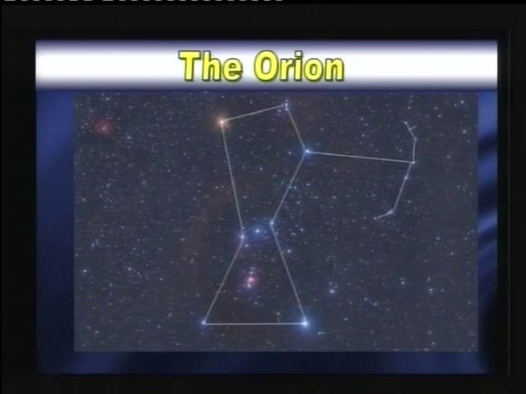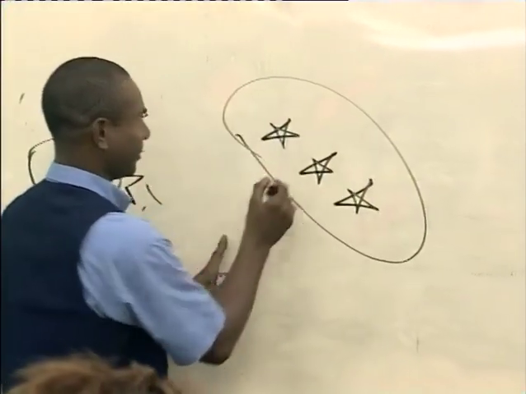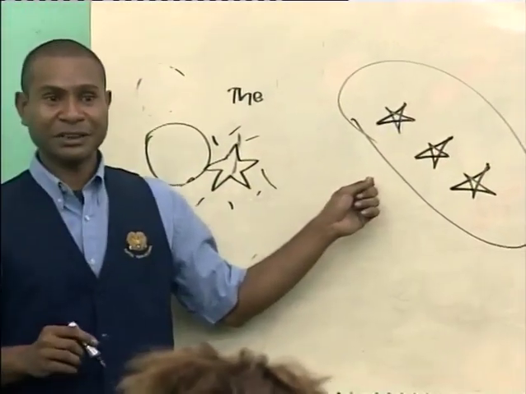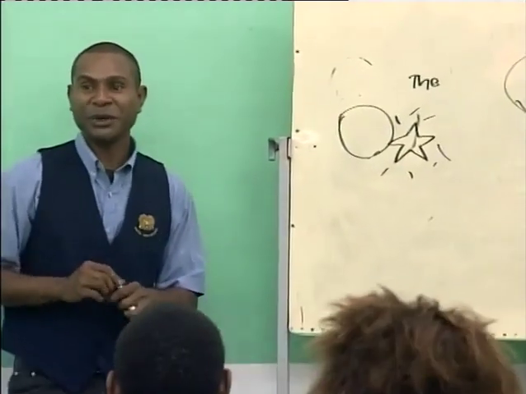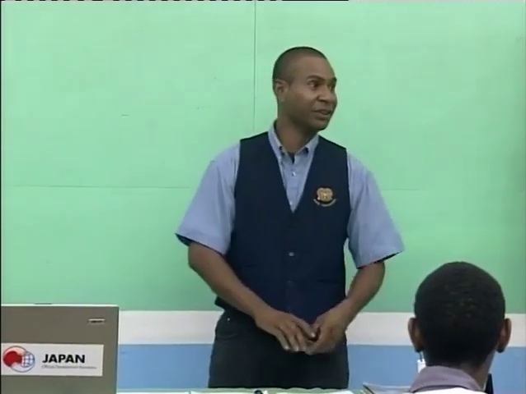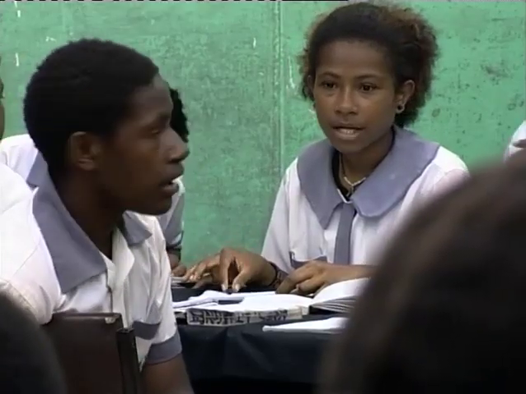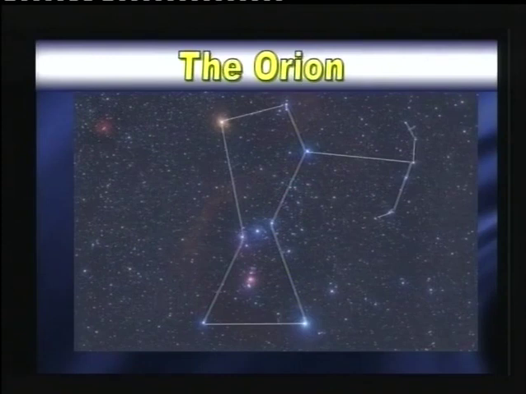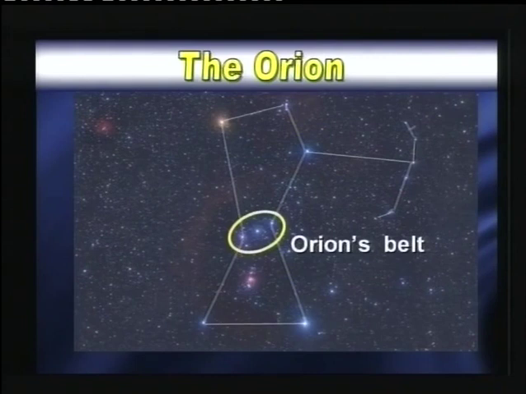Interestingly, Polycilla drew us this here, the three wise men. Where on the picture can you see the three wise men? All right, thank you. You have very sharp eyes. This is known to the scientists as the Orion's belt, like you wear your belt here. If you're interested, you may look for it and do some research on it later on.